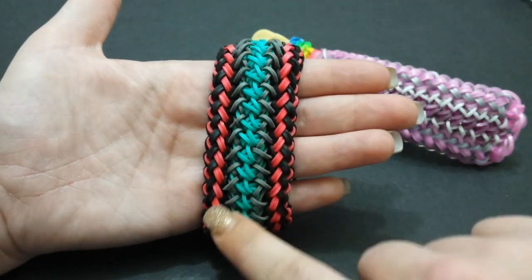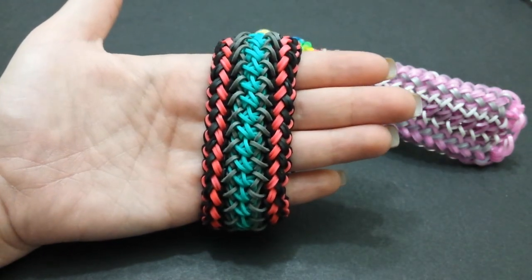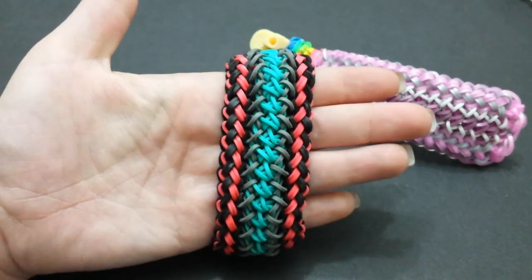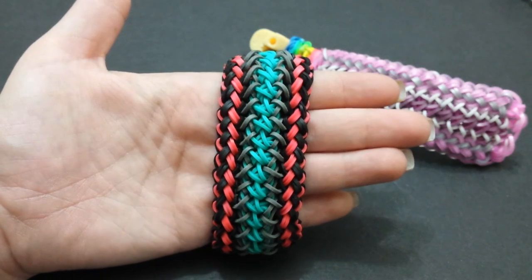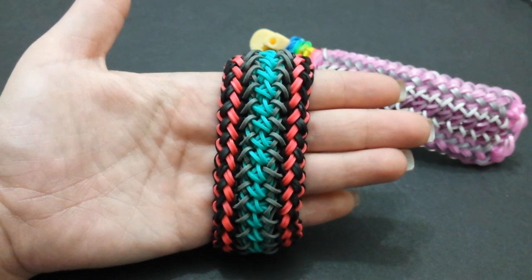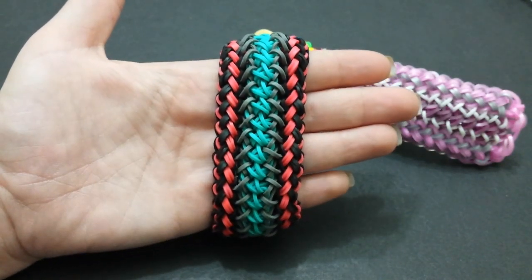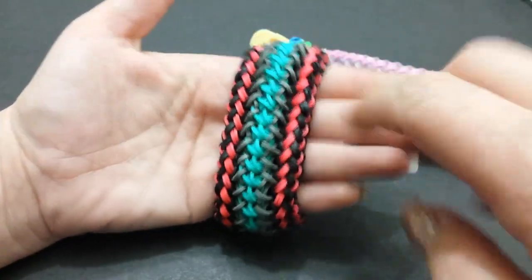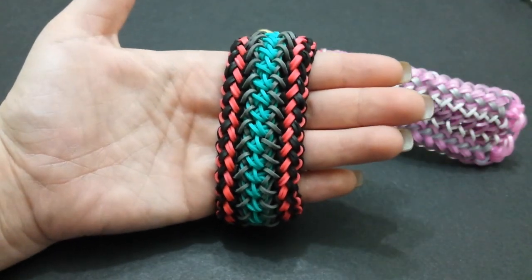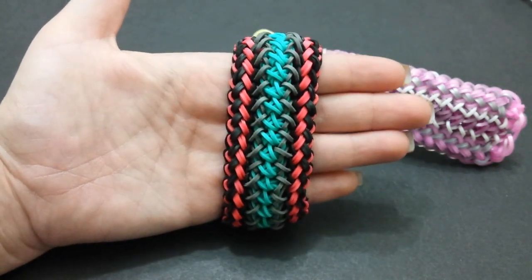The border on this bracelet is actually the Swiss braid bracelet created by MS Loom Creations, so we definitely want to give her credit for that inspiration. And also the Swiss braid is a one-band version of the double braid bracelet created by Allie's Bracelets. So definitely want to give Allie credits because she was the original designer of that braided type of bracelet. With that being said, the name Framework was chosen by Crazy Just Might Work on Instagram, so we want to